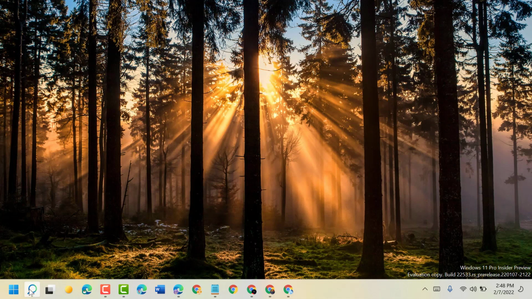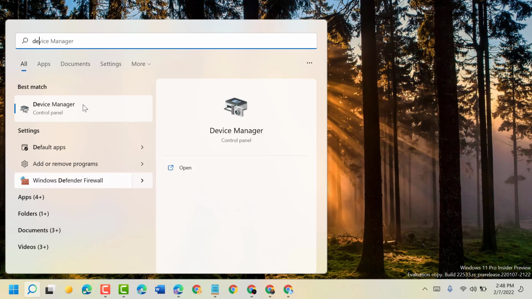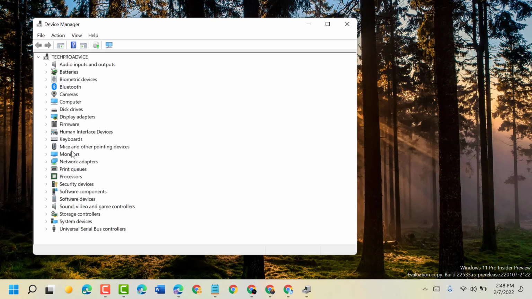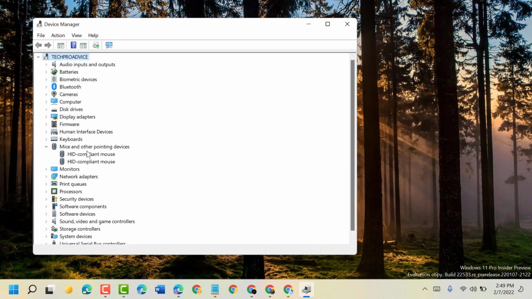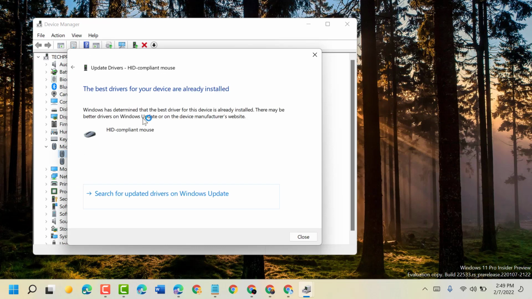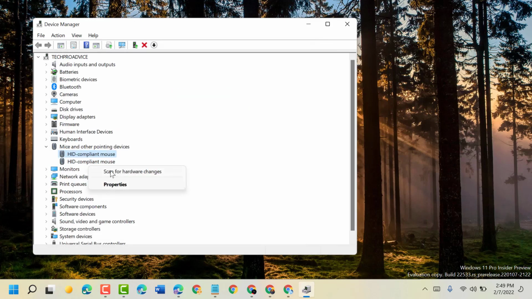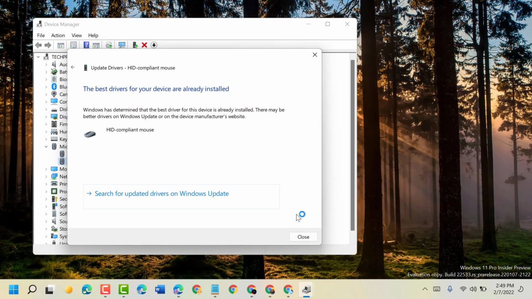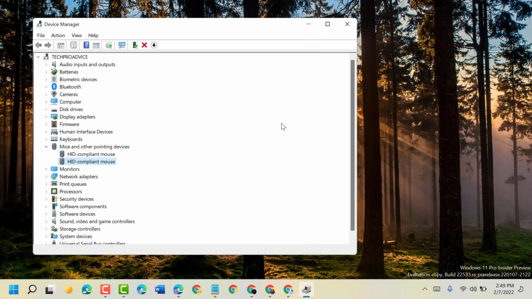Click on start, type device manager, open device manager. Now here expand mice and other pointing devices and right click on your mouse driver, update driver, search automatically and close it. Similarly you can try the second one. Close it and restart. And if you are still facing the error, you can uninstall this mouse driver